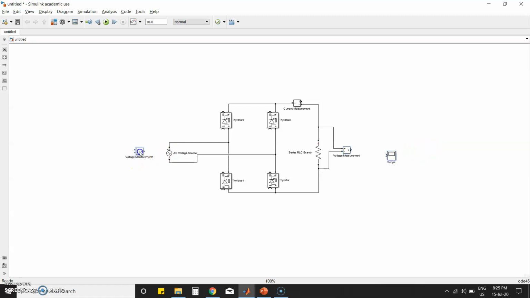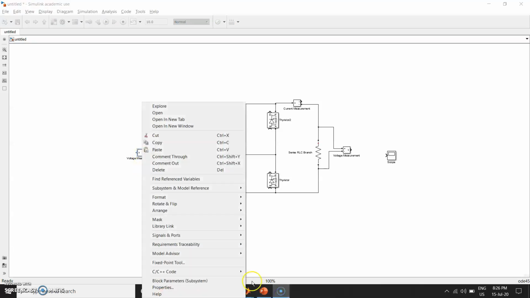Here we also need the voltage measurement across the AC voltage source. If I want to flip the block, I have to press Control I, and it will flip. If you don't know the shortcuts, don't worry, just right click and you will get the properties. Just a second, the system was very slow. Okay, this is the option.